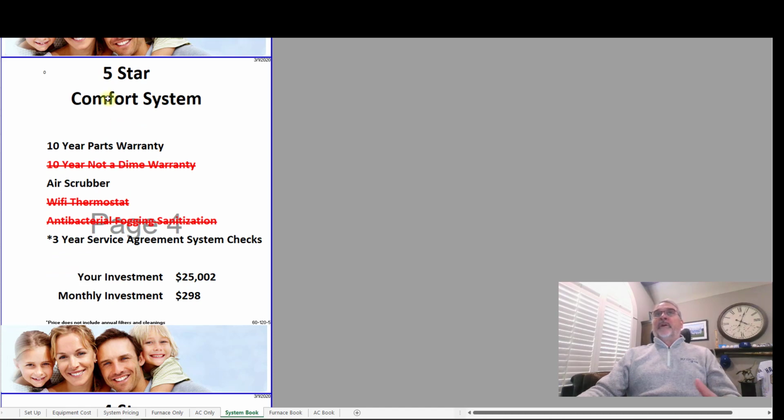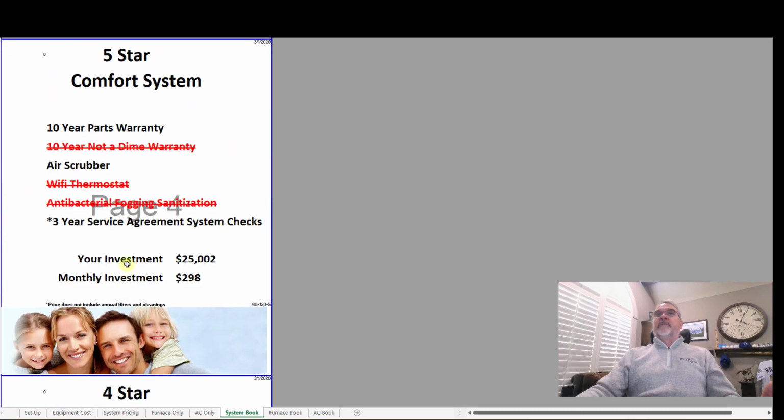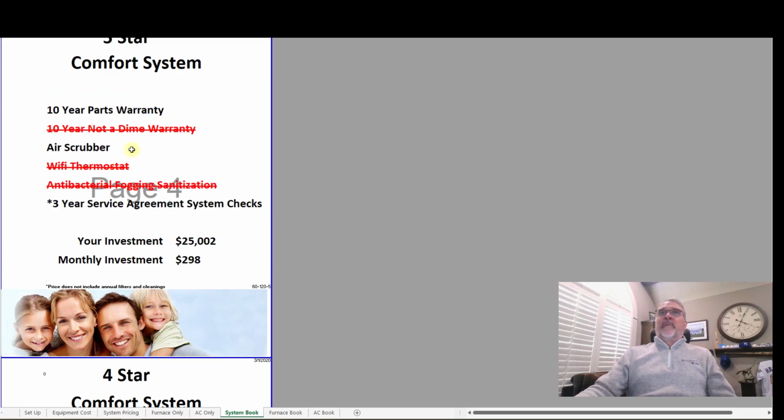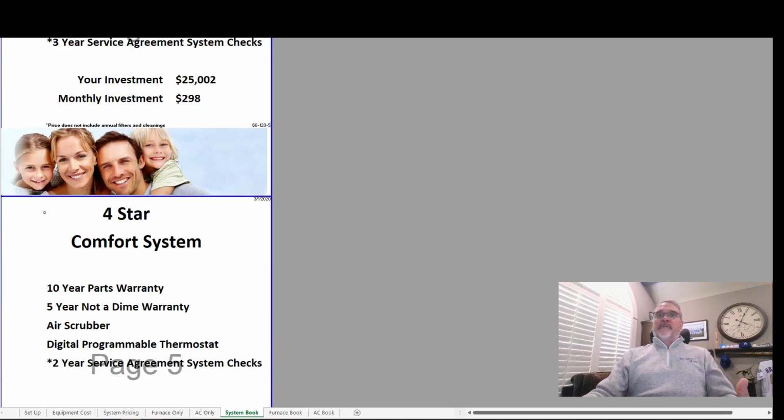So this again will be on the left-hand side on the 5-star comfort system when they go to the 4-star. Okay, so they can see what they're missing. It's important that customers are not confused about what they're getting. So we're putting it in front of them. Here's what you're getting. Here's not what you're getting. Okay. Now the book does that, but you can only compare to the last thing you saw. Whereas the card,